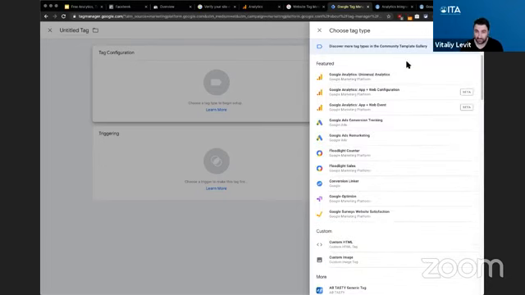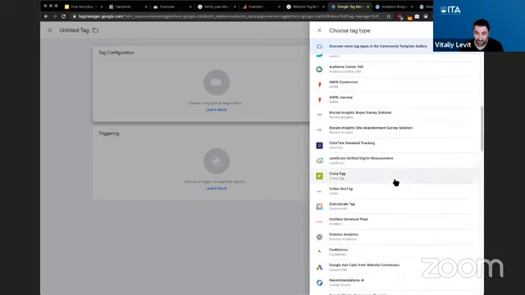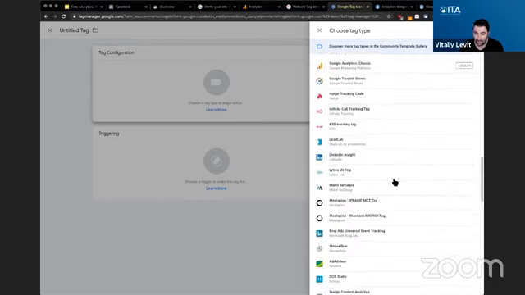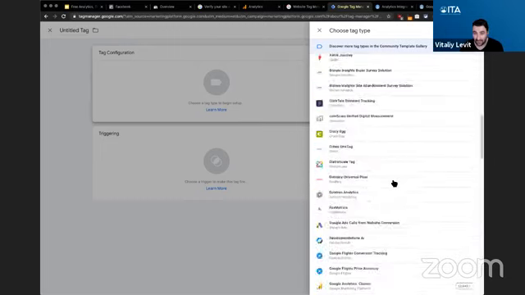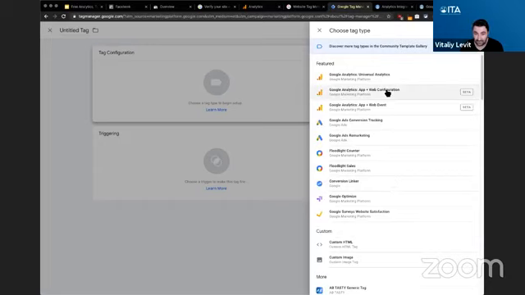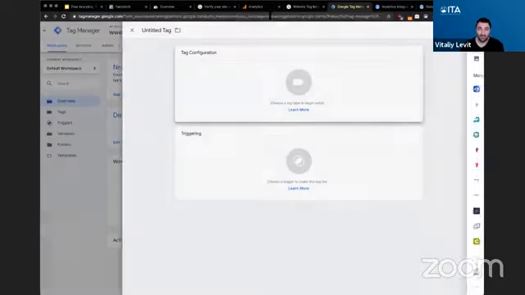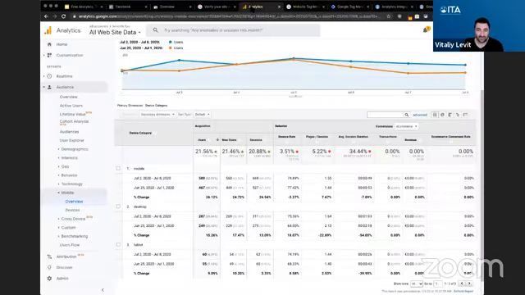Where's Facebook? Man, why do they keep moving stuff around on me? Do they pull it out of here? All right, well, they used to have it in here. That's super annoying. These wars between these big tech companies never end. I swear to God, instead of making it convenient, they're like, oh, we're not going to let you do